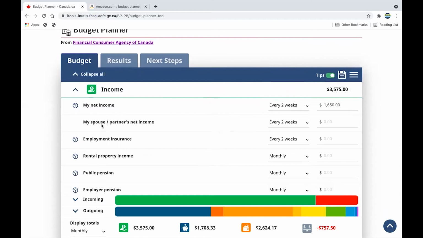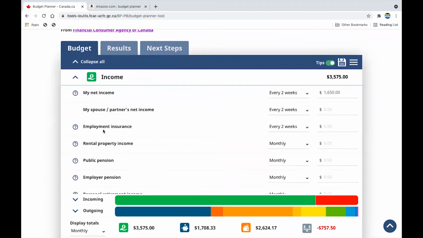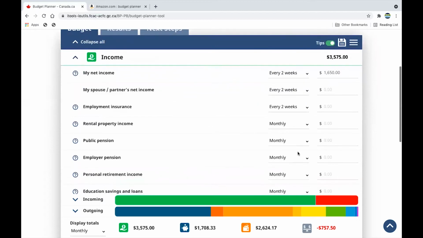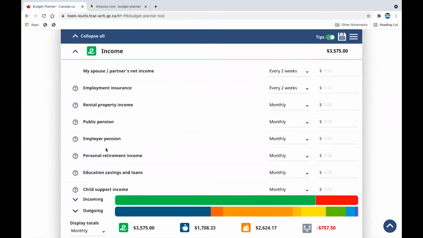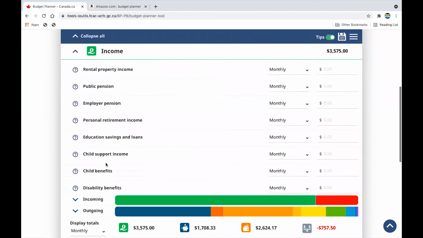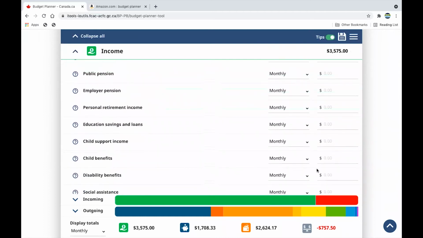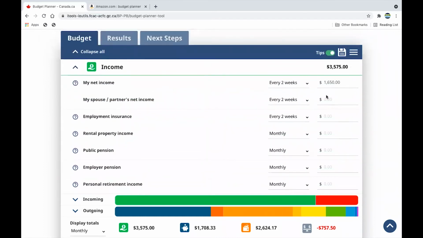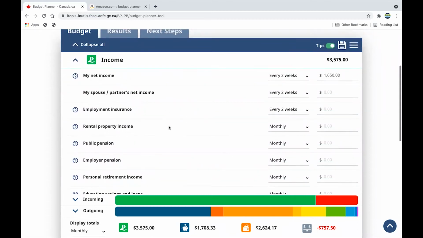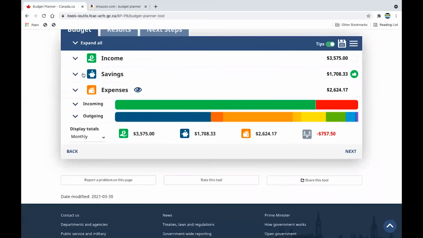Then the next thing is your spouse or partner's income, meaning if you're married, you put that as well. That is going to be part of the income coming in. Employment insurance, rental property income, that is if you have a rental property, public pension, employer pension, everything here. So if any of these give you extra money as income, you put the number in here. So for this demo, I just used an income based on a normal job. Then the next thing is